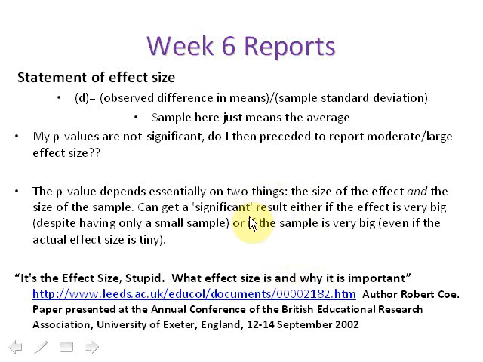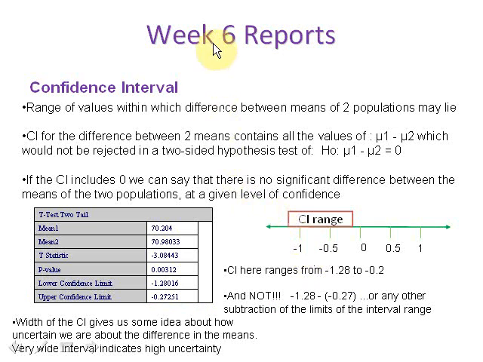Okay, so the p-value doesn't really tell you an awful lot at the end of the day. The effect size is much more important. And there's a paper you can maybe read here. It's "The Effect Size, Stupid: What Effect Size Is and Why It Is Important", which you could download and have a read of. And confidence intervals are a way of sort of